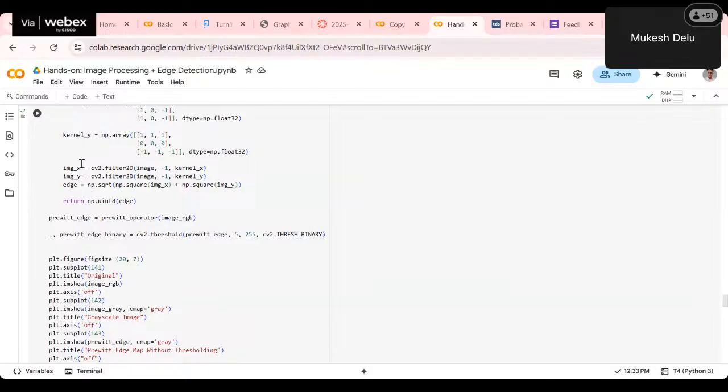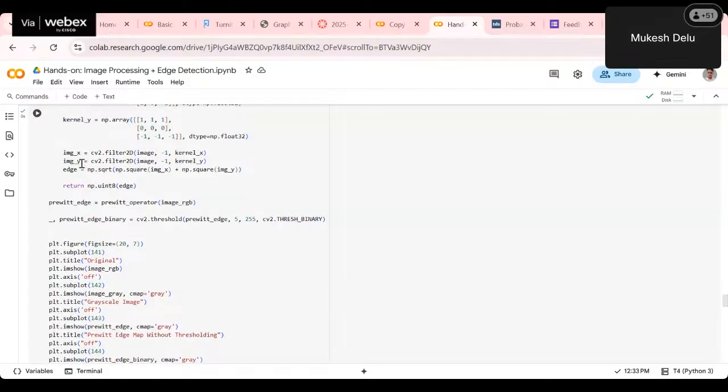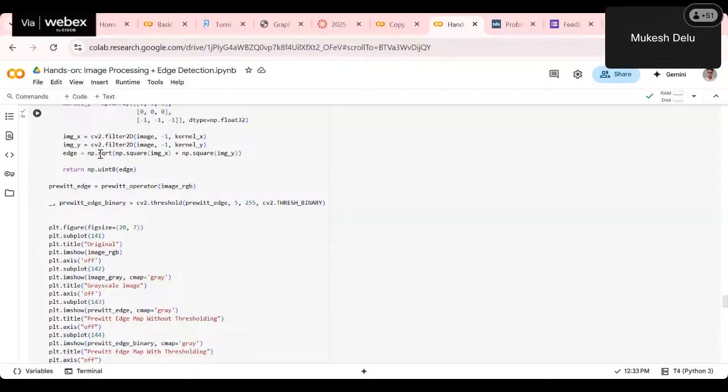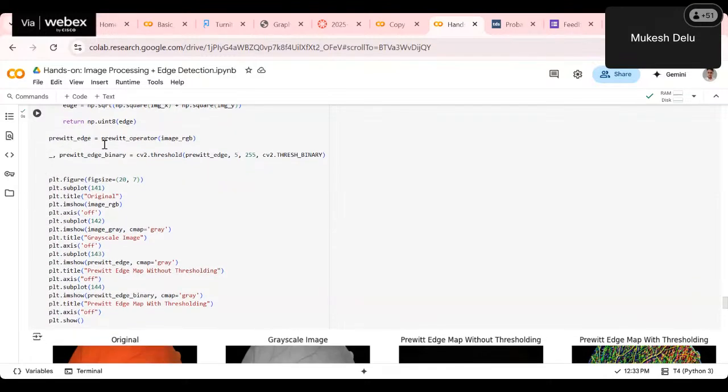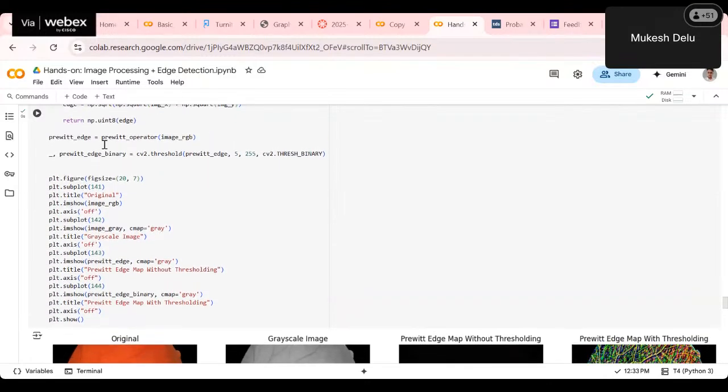This edge map is nothing but the partial derivative of the image with respect to X direction. And image Y is nothing but the partial derivative of the image with respect to Y direction. So then to find the edge map, we take the magnitude of these two values, and the next steps are similar